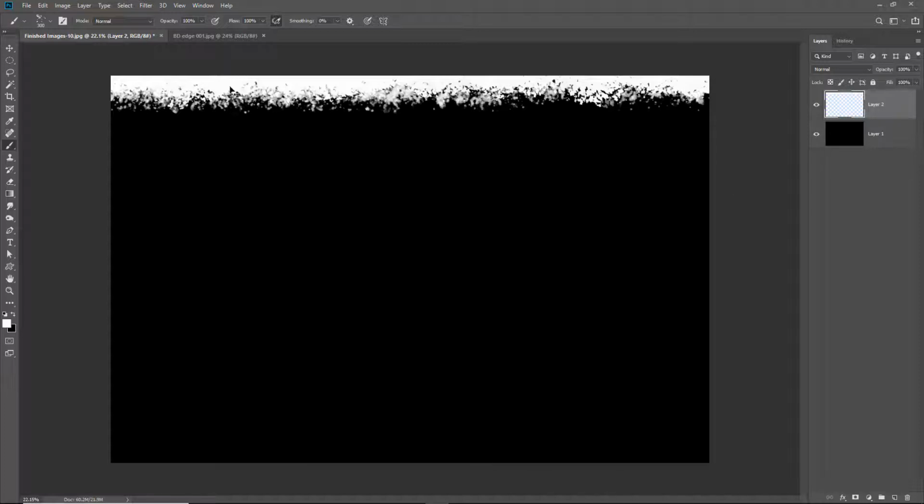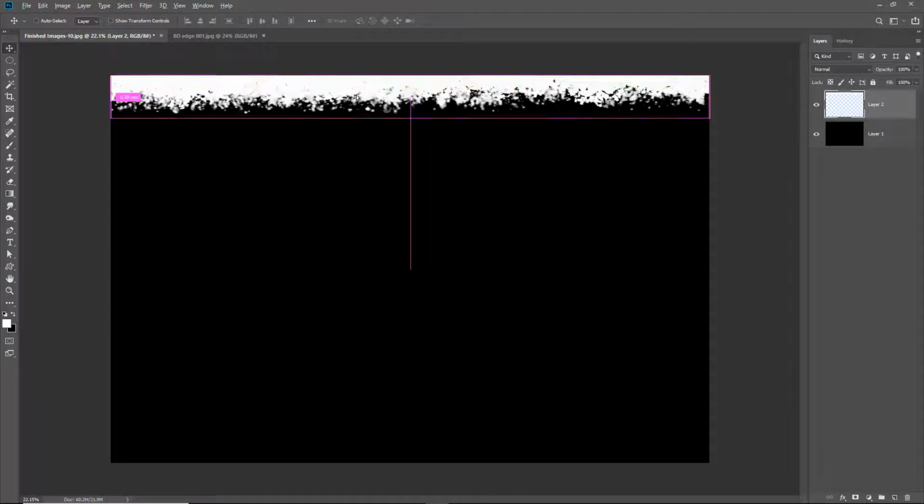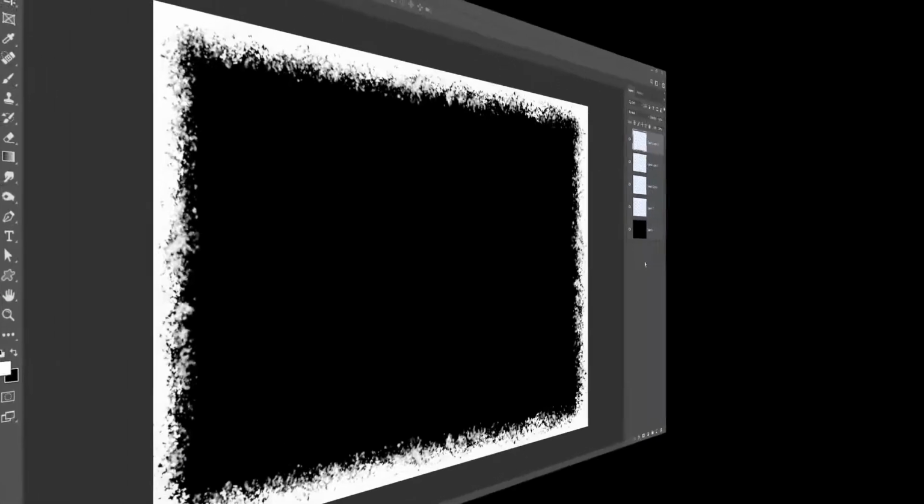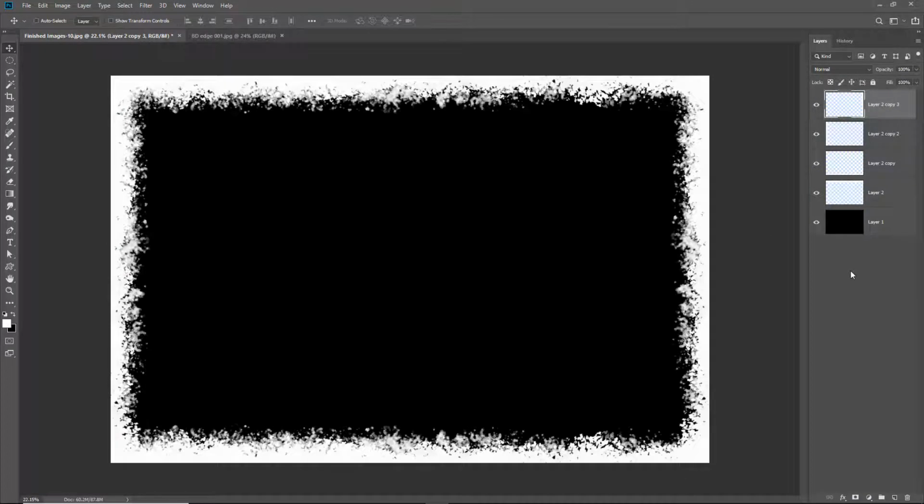Sometimes you only need to create a very small amount of the edge, because using that technique where we can hold the Alt key, click and drag, we could create just a small section, click and drag, click and drag, click and drag, and suddenly we've got the top edge done. But the rest of this, you know how that works. Just hold the Alt key, click and drag, then use the transform tools to flip them over and get them into the right position. So there we have another edge effect, which we can safely store as a JPEG by